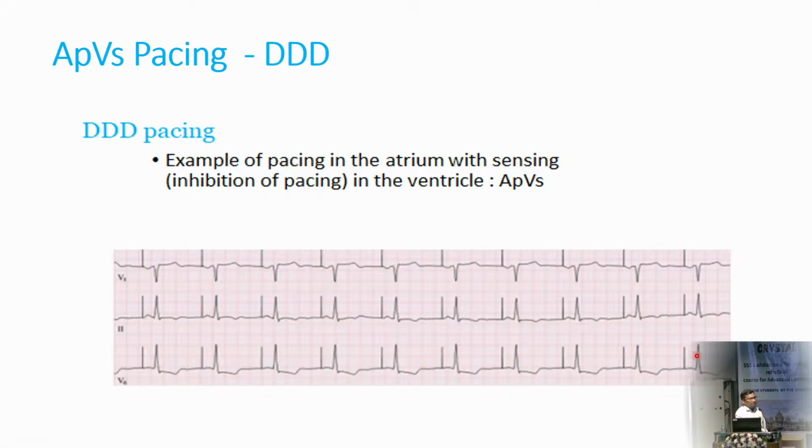Here, a lot of other parameters are involved. I will show you in the upcoming slides, but A pace followed by V sense means we are allowing natural AV node conduction. We don't want to pace here, since the problem is only upper, and of course here we are going to maintain the AV synchrony, right? So you can think, why can't we give an AAIR pacemaker here? That's a question. So why a dual chamber pacemaker here? It is one more hardware, one more wire into the ventricle, because the problem is in the SA node. So here we are going to give two wires, in case the ventricular AV node also